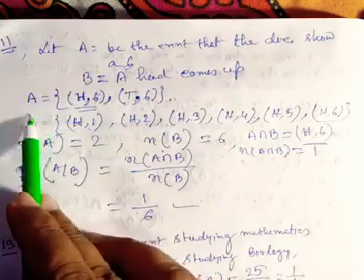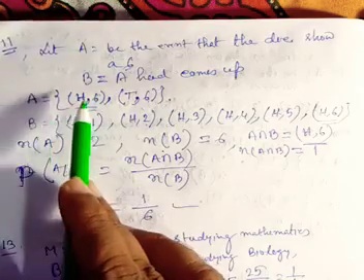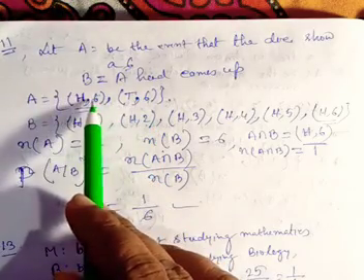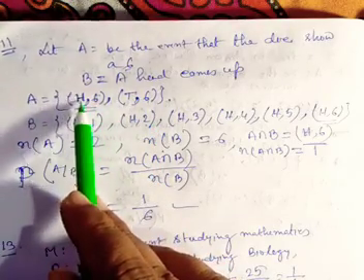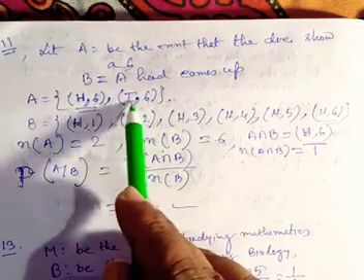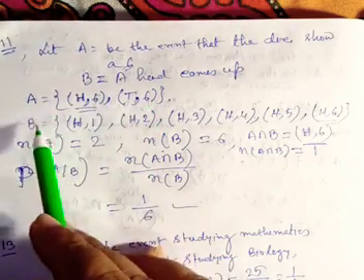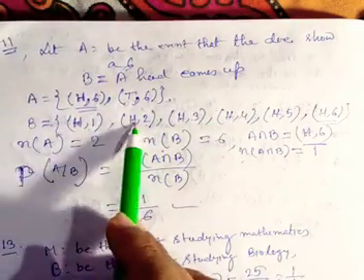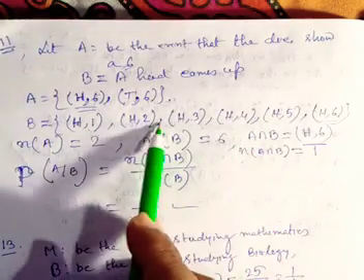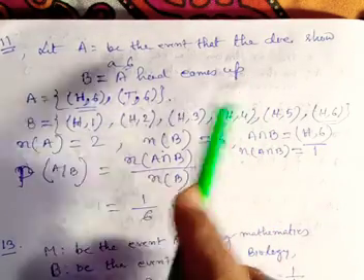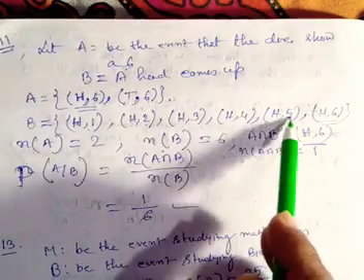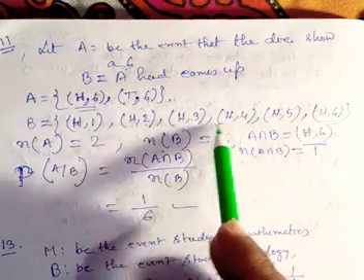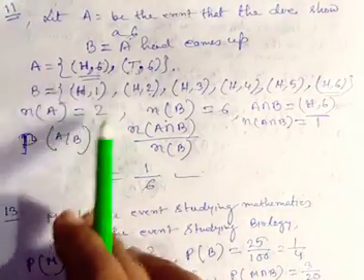Now the sample space related to A should be H6 and T6. That is, in tossing, with head one 6 comes, and with tail another 6 comes. Now the sample space of B, a head comes up. So in the first place I am taking one head, and in the second place a die is thrown, so I am taking the 6 sample points of the die. So this is the sample space of A and this is the sample space of B. So here n of A is equal to 2, n of B is equal to 6.